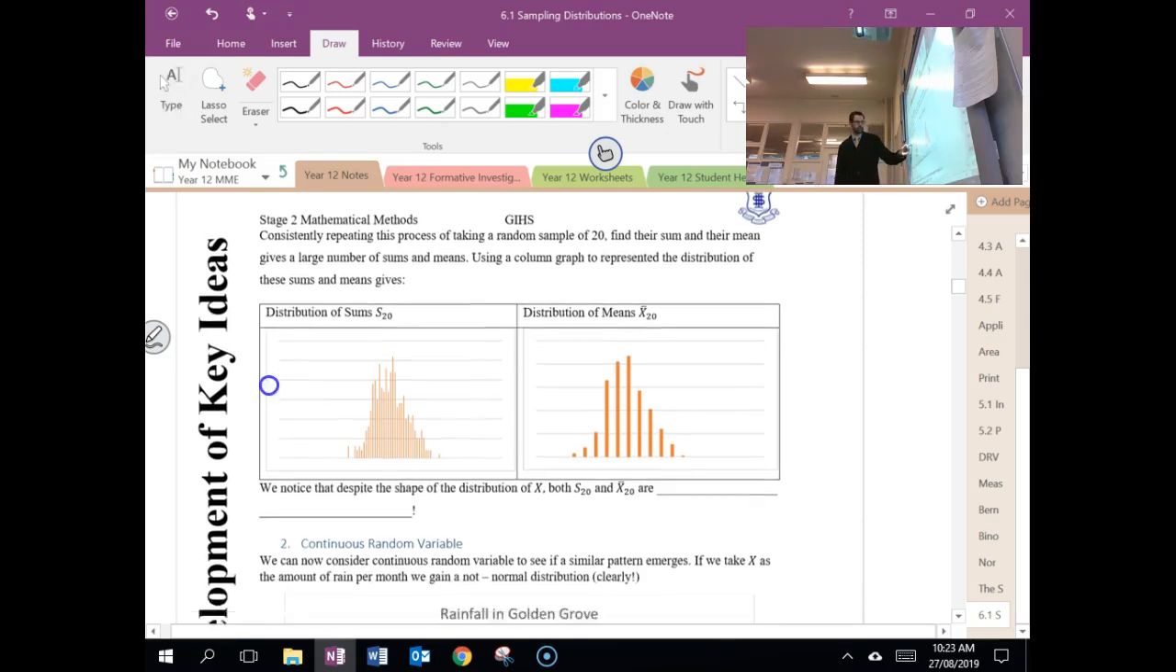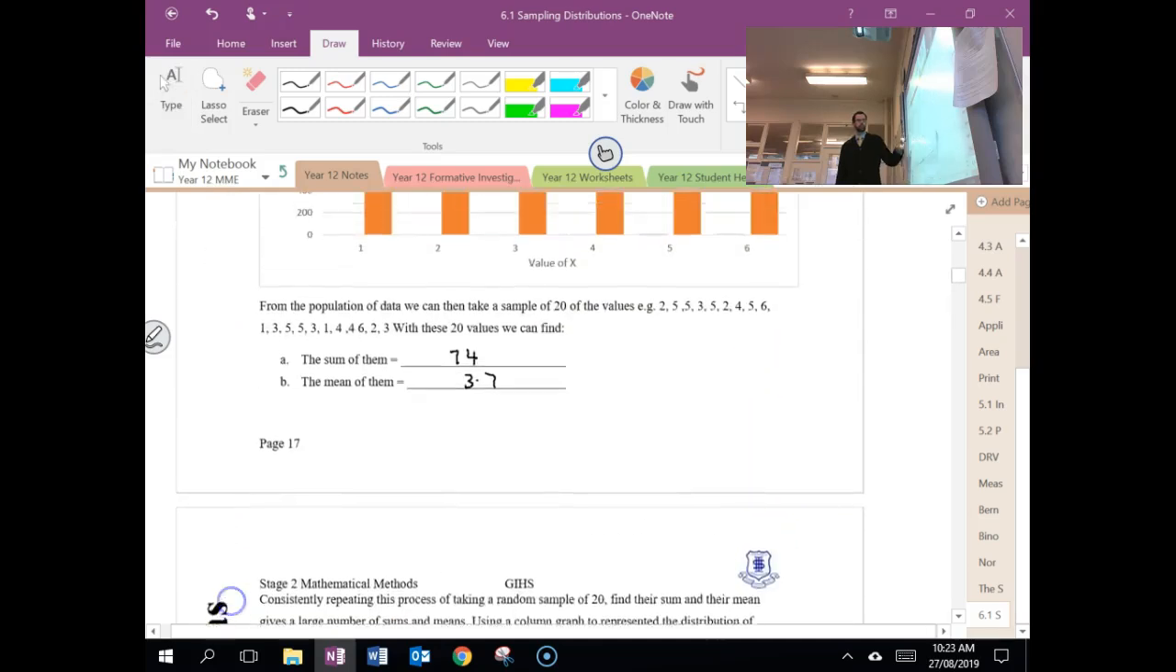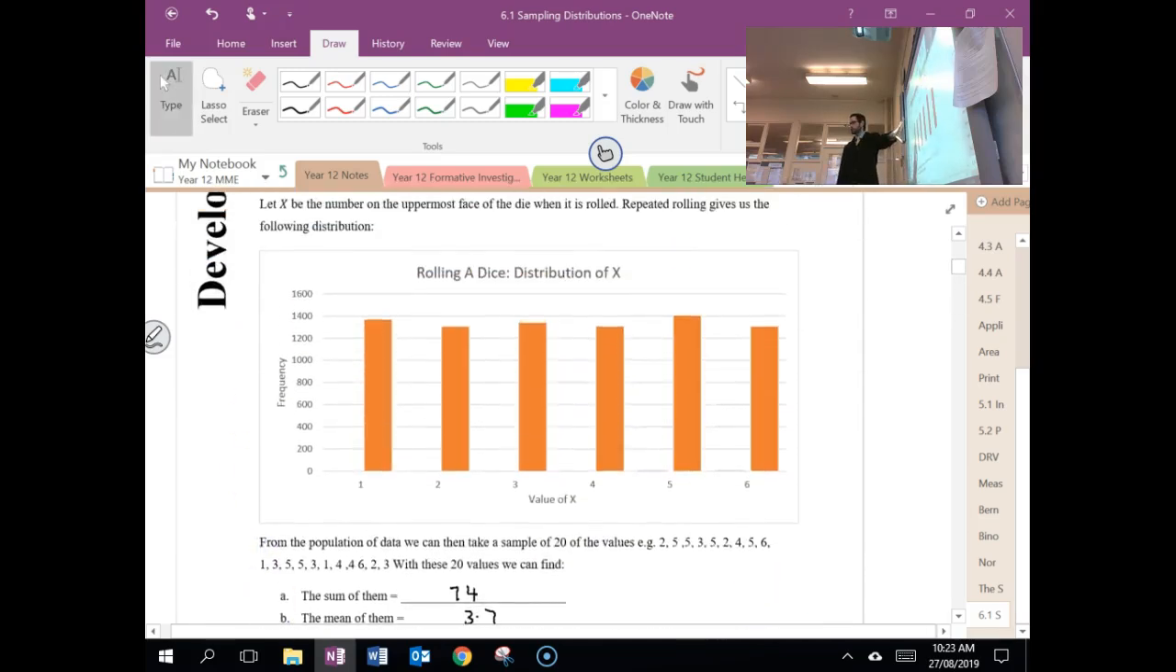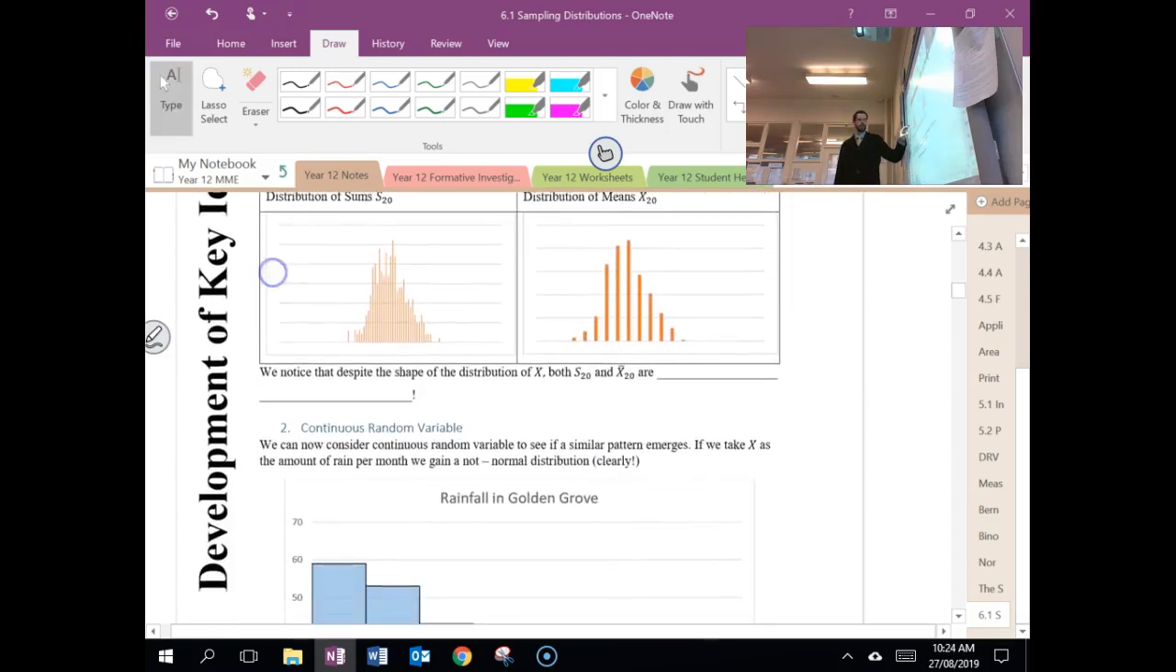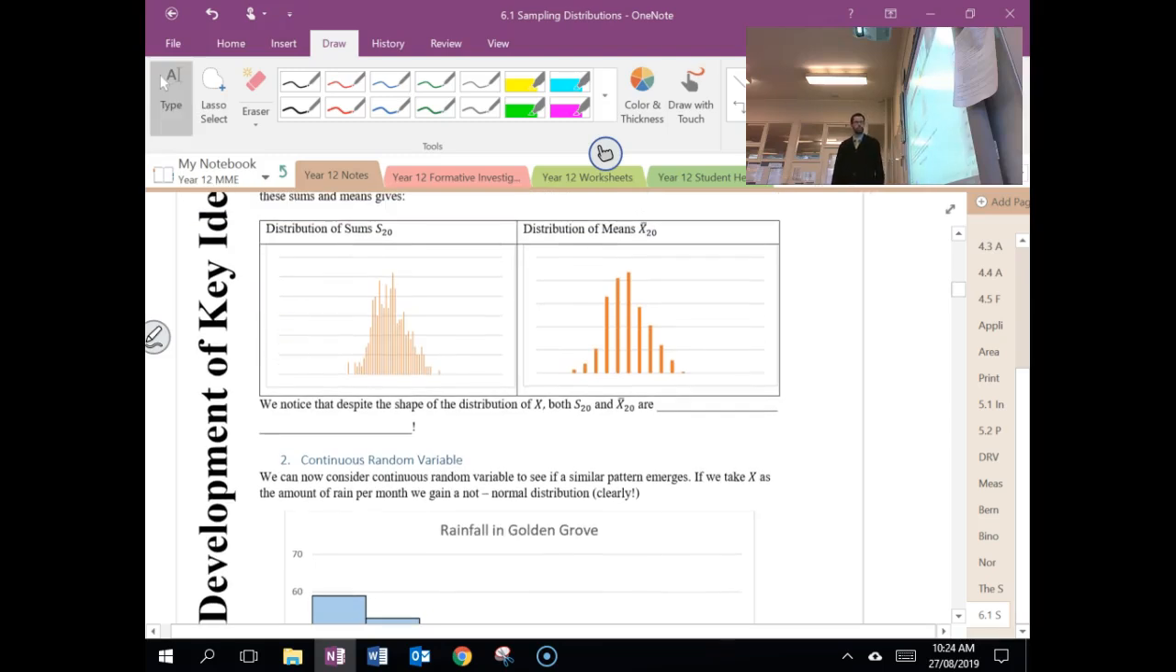Okay, so what we can say is we notice that despite the shape of the distribution of x, despite my original distribution looking absolutely flat, then the distribution of sums and the distribution of means are both normally distributed. As for a discrete random variable,